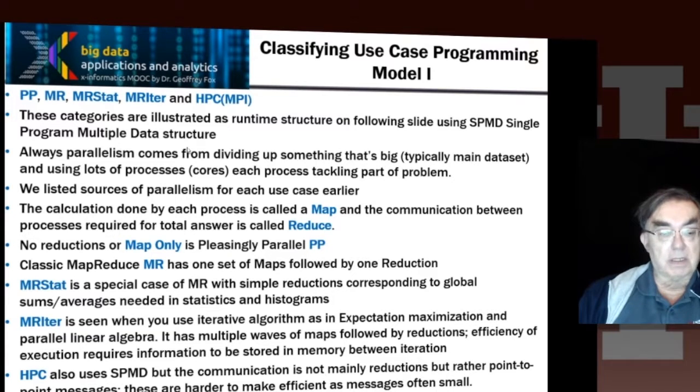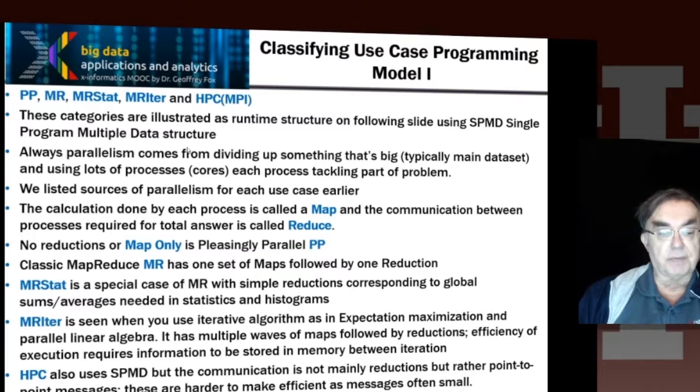We've mentioned that iterative MapReduce is an important concept because when you do so-called expectation maximization and parallel linear algebra, you always have multiple waves of maps followed by reductions. Because you're iterating, you do not have one set of maps followed by one set of reductions. You have map, reduce, map, reduce, map, reduce,